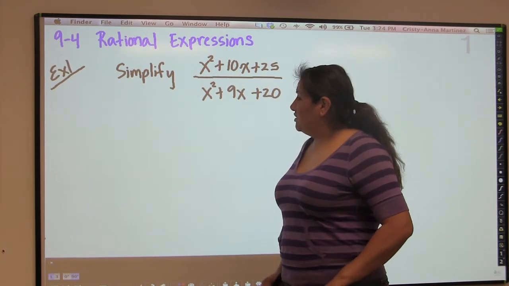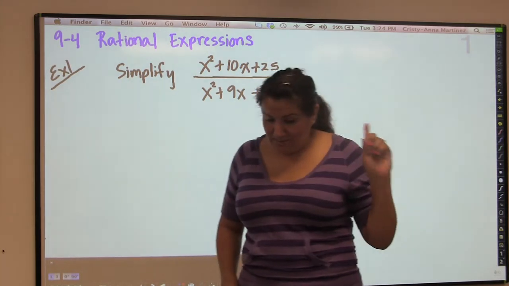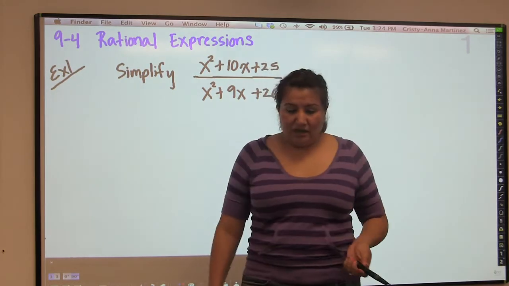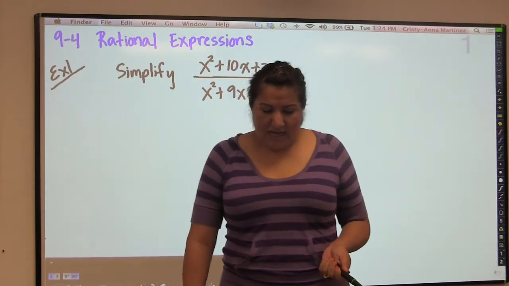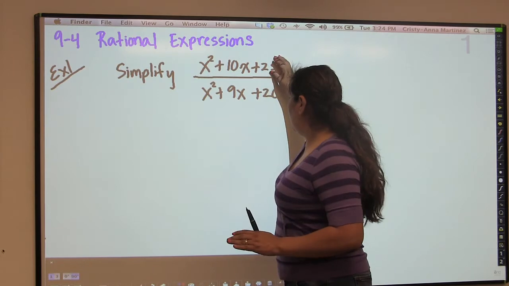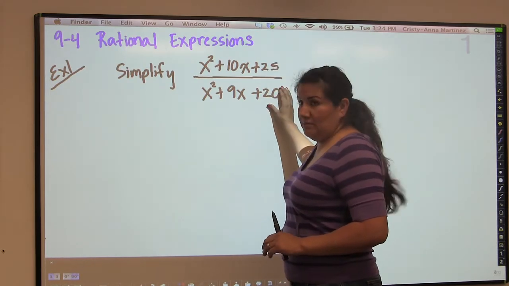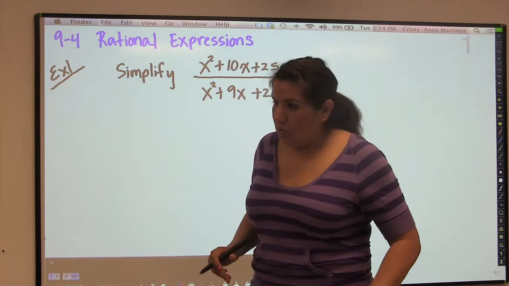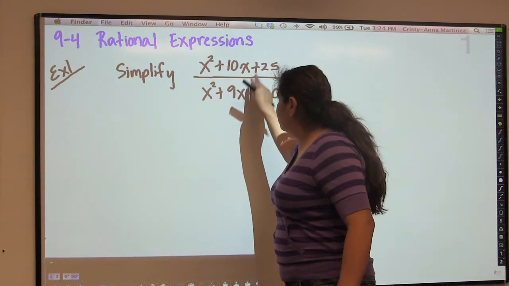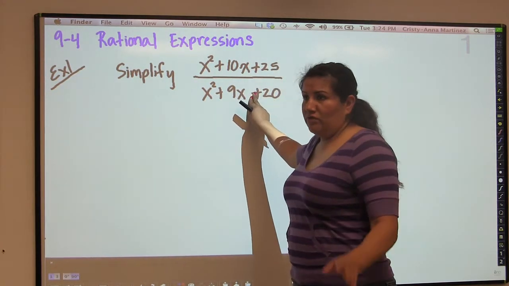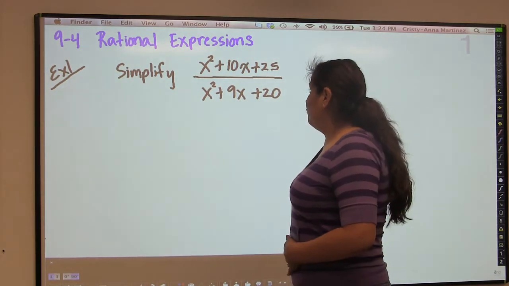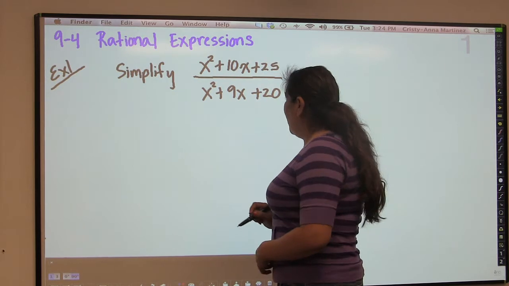Simplifying expressions. First of all, let me just give you the definition of the simplest form. A rational expression like this one is not considered fully simplified until its numerator, the top, and the denominator, the bottom, have no common factors. So I need two polynomials on top and on bottom with no common factors. So obviously the first thing we want to do, if we're going to simplify this, is to actually factor